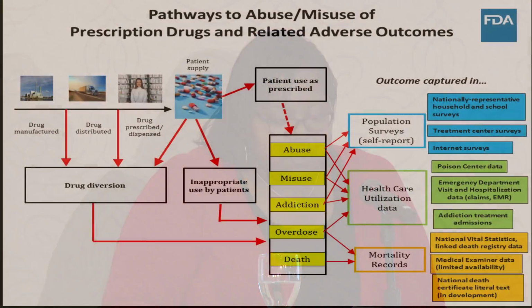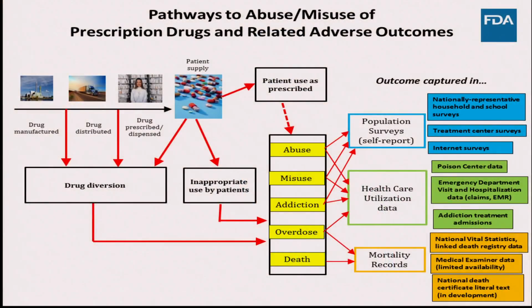And just as a last consideration, I wanted to bring up this nice simple slide that Dr. Staffa showed you before. This slide is to highlight that there are many and varied routes to misusing and/or abusing ADF opioids. In addition, there are multiple data resources that can provide information on misuse and abuse, but they each capture a different part of the phenomenon, and they also vary in their ability to reliably capture outcomes of interest to FDA.